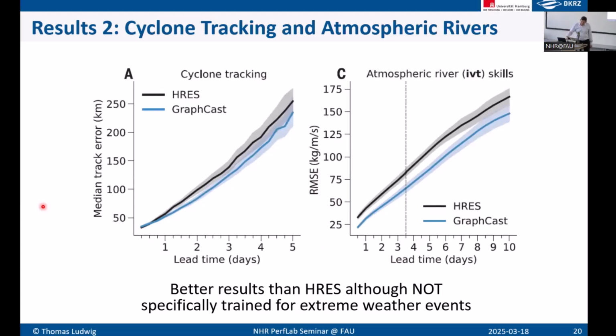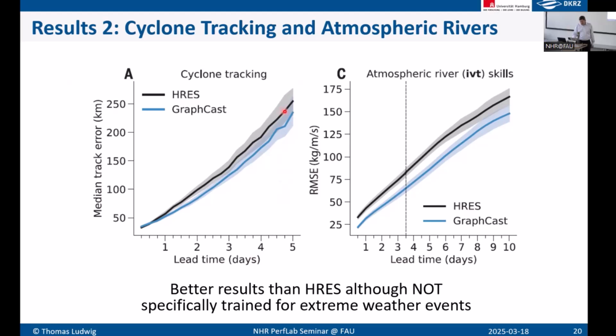It's always a comparison between what ECMWF is doing with the HRES model that they have, which is not ML based, and GraphCast. For example, what you see here is an example of cyclone tracking. They always thought it would be more complicated because this is a very singular event. They thought, okay, let's see what the network can tell us, because the number of events present in the ERA dataset is not that high, of course. Also, in the past there were not so many cyclones as we see now in more recent times. Nevertheless, if we look at the track error of where the cyclone moves, and then at GraphCast, that is the blue line here, plus the variances, for lead times of 0 up to 5 days, you can see that GraphCast is more precise than the